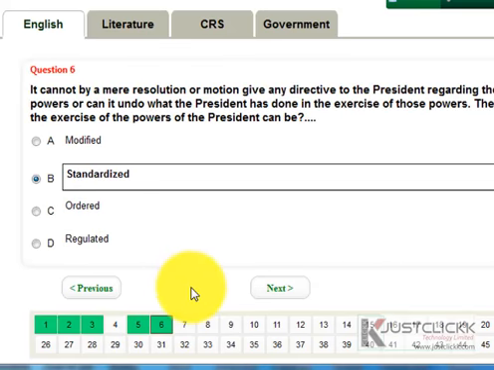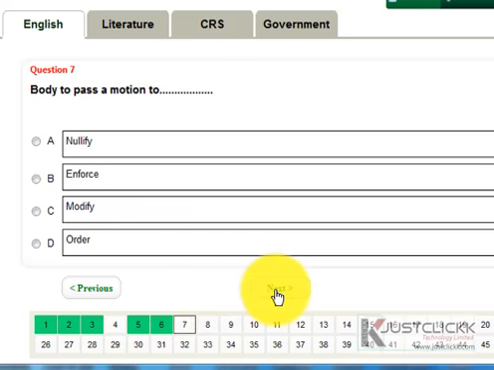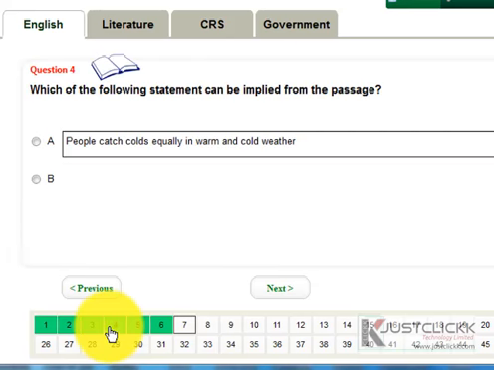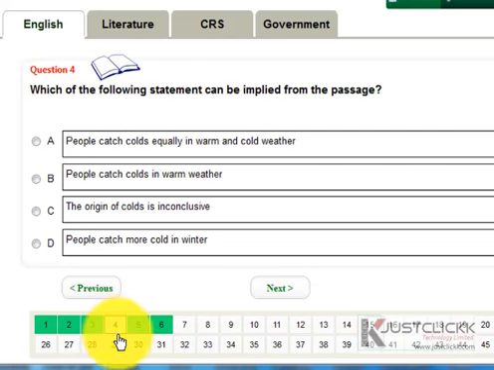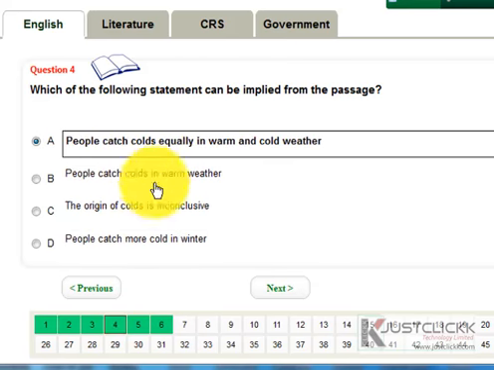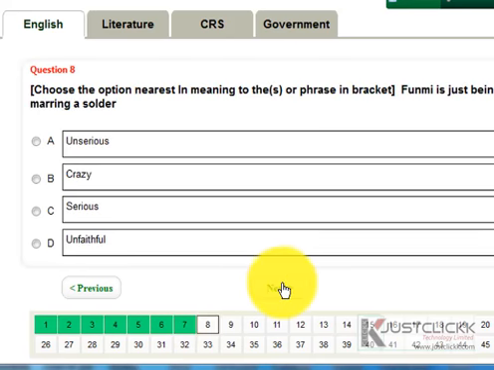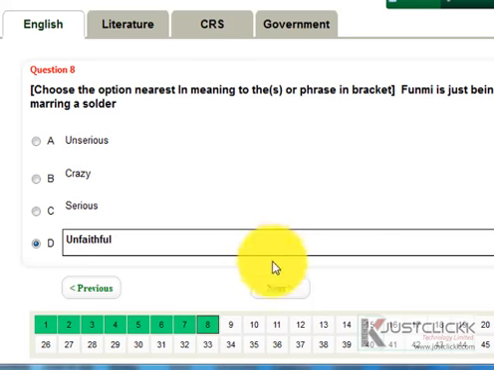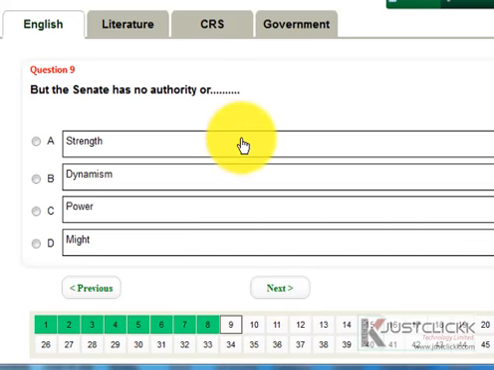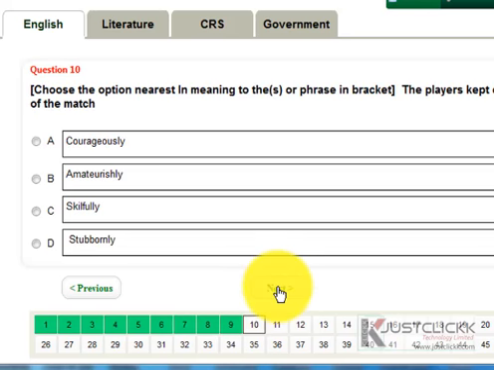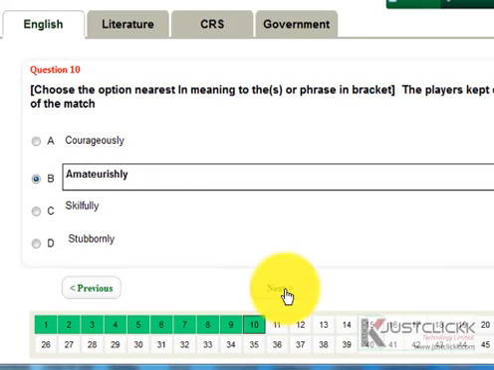If you by mistake or intentionally jump a question, you can equally come back, let's say question 4, and click on the 4, and then it will take you, knowing pretty well that you have not answered that. Then you select the appropriate answer, and then you go back and click the next unanswered question, so that you continue from there. Using the next button is recommendable, as it takes you step by step. So this is how you tackle the first